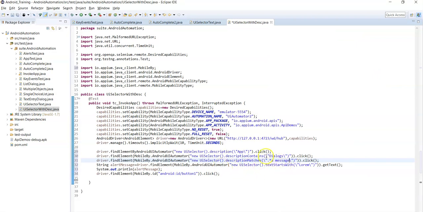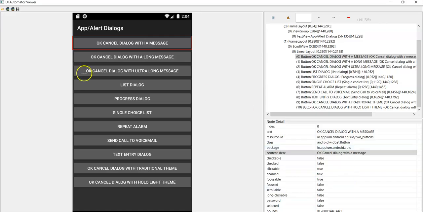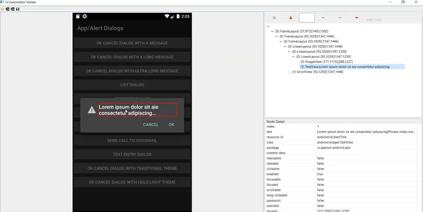Now the alert message. After clicking this button you will get some alert, right? So identify the content desc value for this alert. Here there is no content desc value for this alert, so you can use the previous one, the text attribute value.